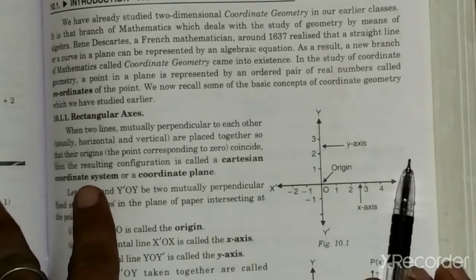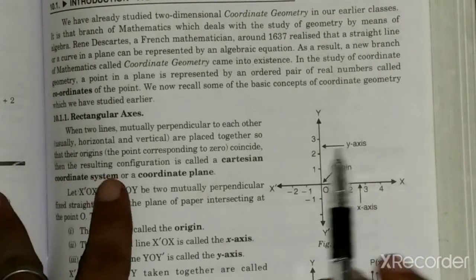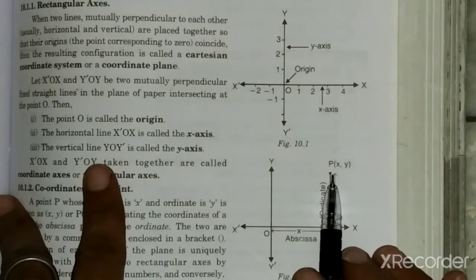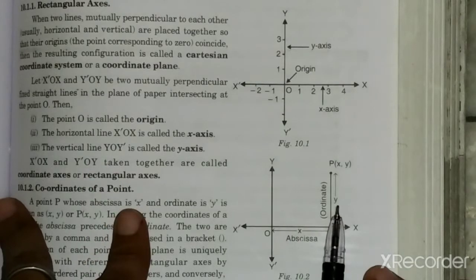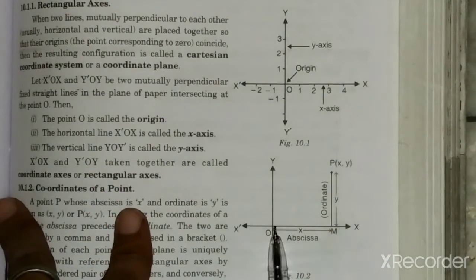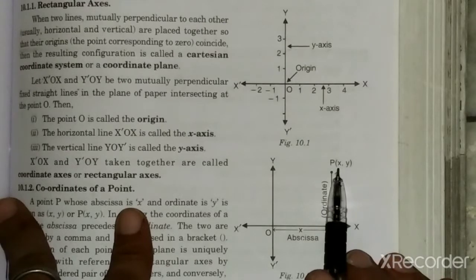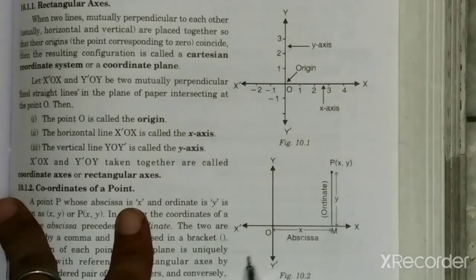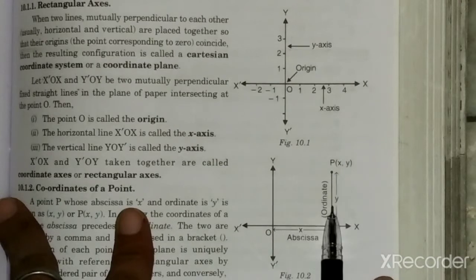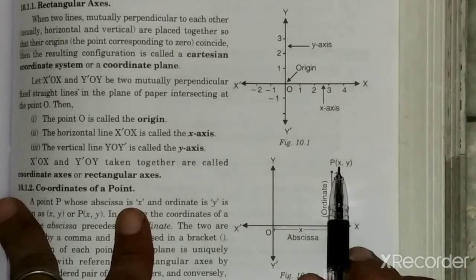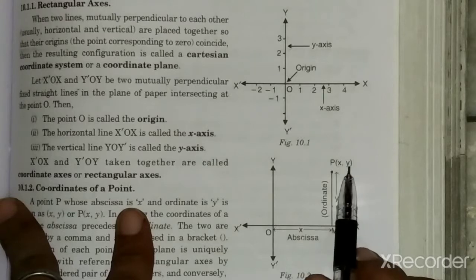Cartesian coordinate system. Because any point we place in this way, a general point, we find out its position according to its coordinates. Okay, here you can see if we have a point P(x, y), then this x represents its distance along the x-axis and y represents the distance along the y-axis. Okay, so x is its abscissa or we can say x coordinate, and y is the ordinate or we can say the y coordinate of the point.